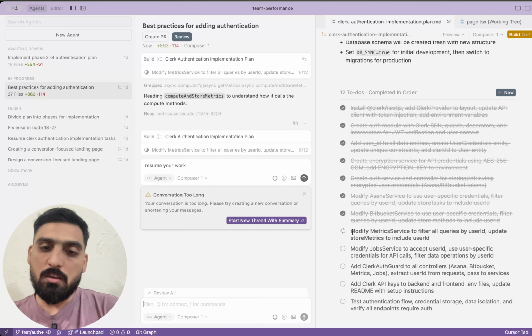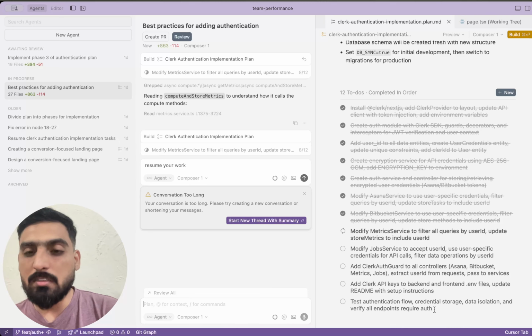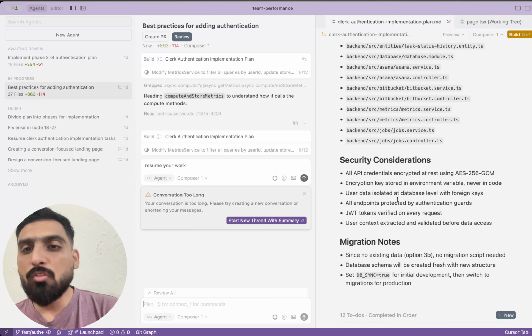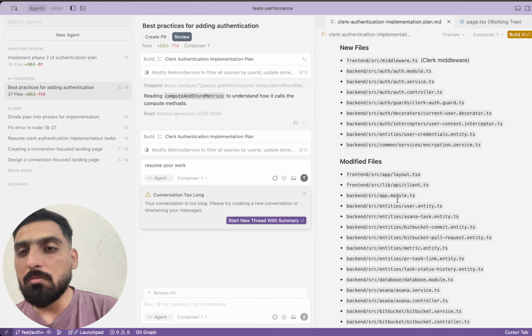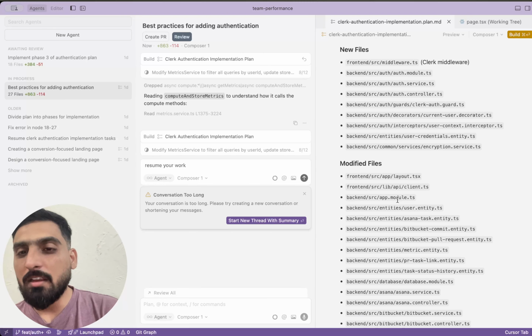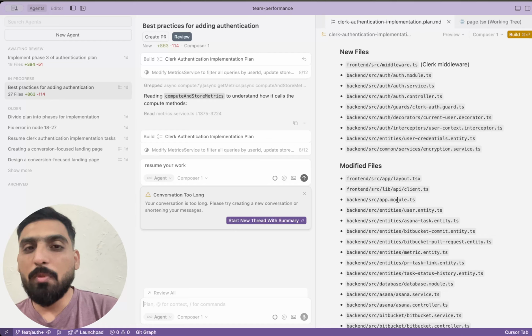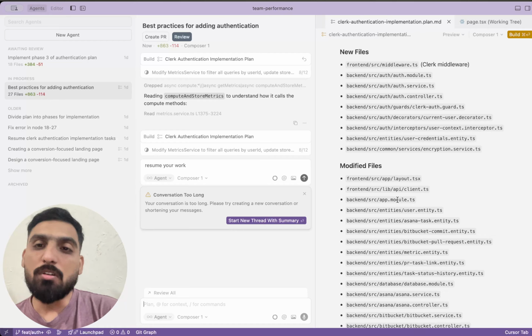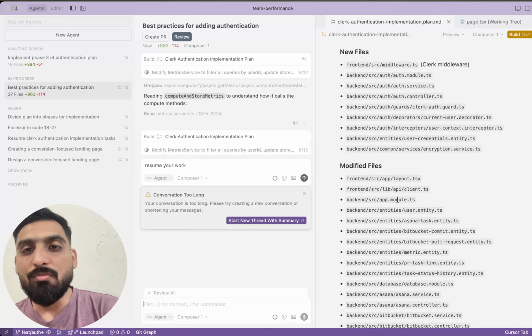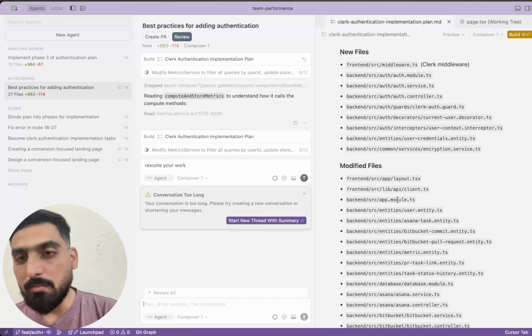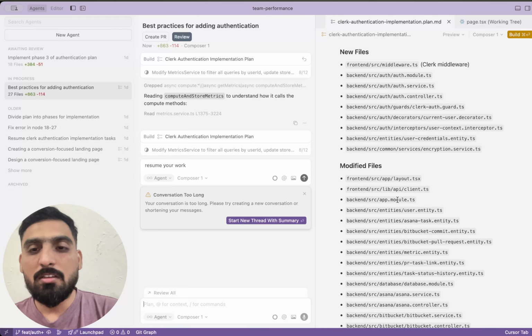So if Cursor was able to complete this task, then what is it going to give me? Maybe 30 files. 30 files means how many lines of code I have to review as a developer. As a senior developer, if I got a PR with 30-40 files,